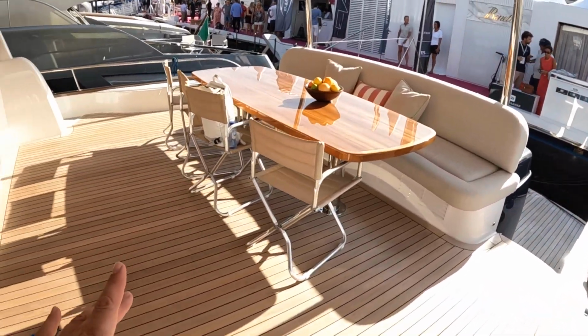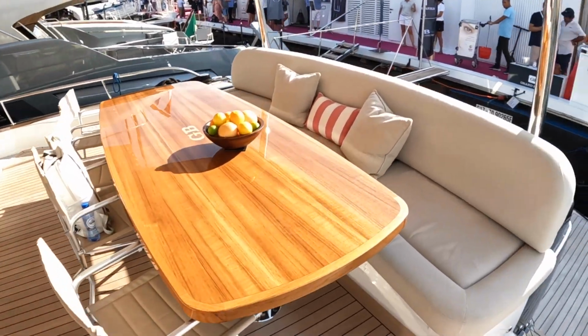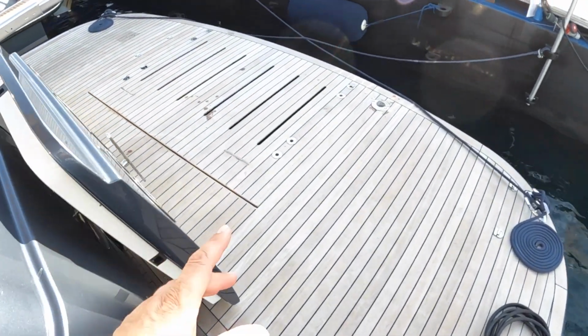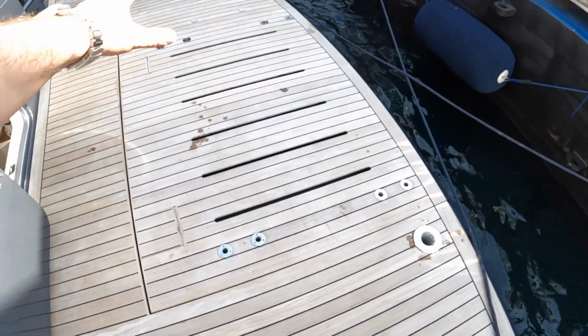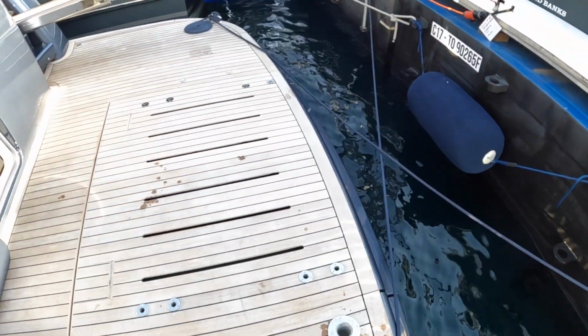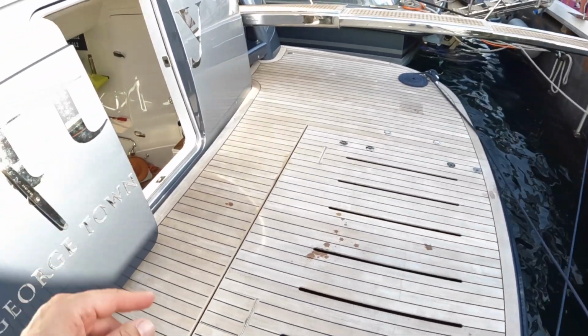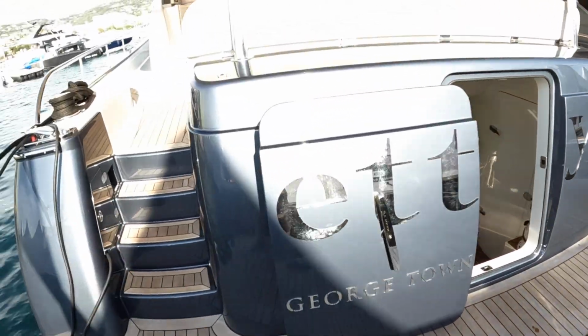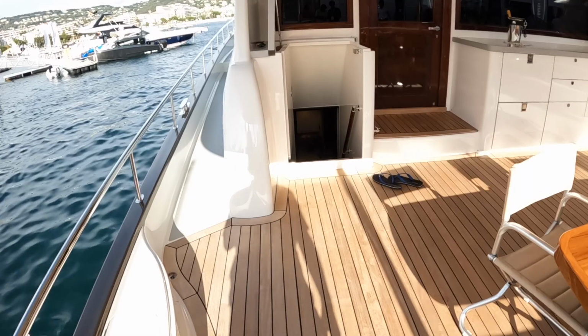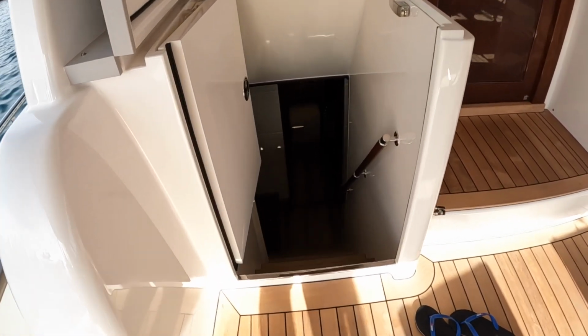Back into the cockpit area. This is where we went in originally. And if we come down here, bathing platform, this section here, you can put tender chocks on, and this lifts up, cantilevers over and drops your tender into the water. There's access down through here, but I think we'll go this way because there's two ways into this area and two ways out, obviously. So if we drop down here,